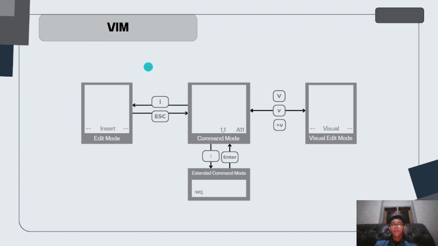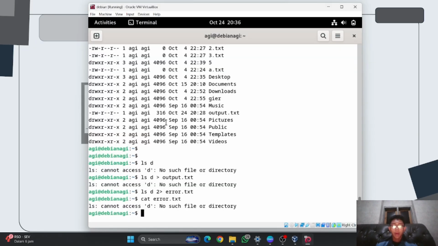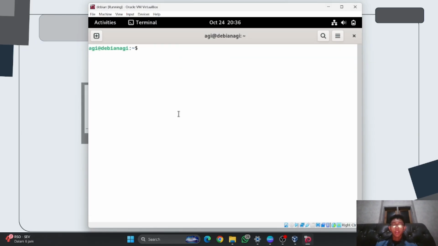So that is Vim, and in here I will try to practice it on my Debian, but first I will login into the root because I need to install the Vim application or the Vim software, because this is Debian 11 or 12, I forget. It is a newer version.